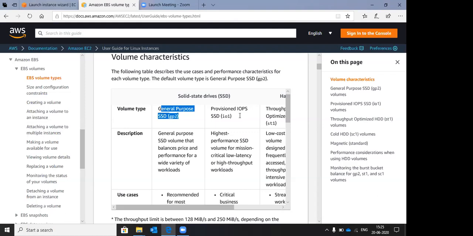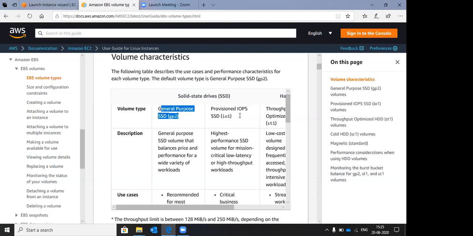And the recommended use, if you look at it, is for workloads which run system boot volumes, virtual desktops, which is VDI, low latency interactive apps, and all those things, right? And definitely SSD is not something which is used in the development environment or test environment or pre-production environment. SSD will be used only on the production environment. Got it? And the rest of the disks, the nominal performance disks, can be used anywhere for any of the work. So maybe you open your management console.